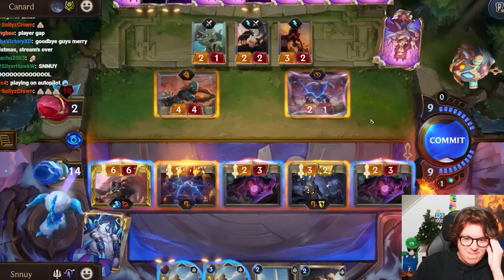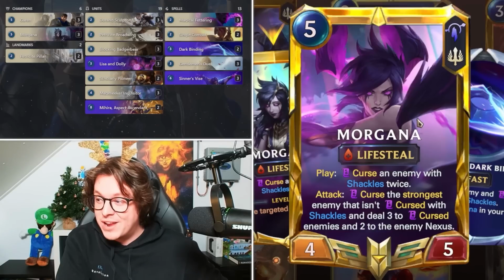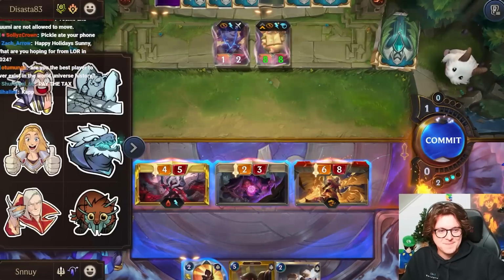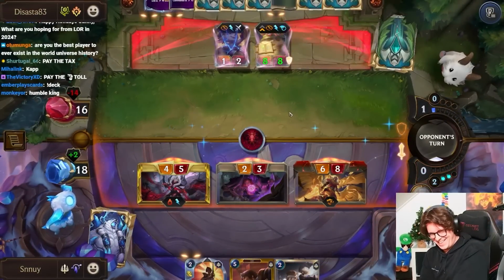I used Morgana's level 2 ability where she curses something on attack. Well, in the previous round, you already suppressed or shackled your opponent even more, so their entire board won't be able to block. And to actually push that advantage, because just cursing your opponent isn't really gonna do anything, we're